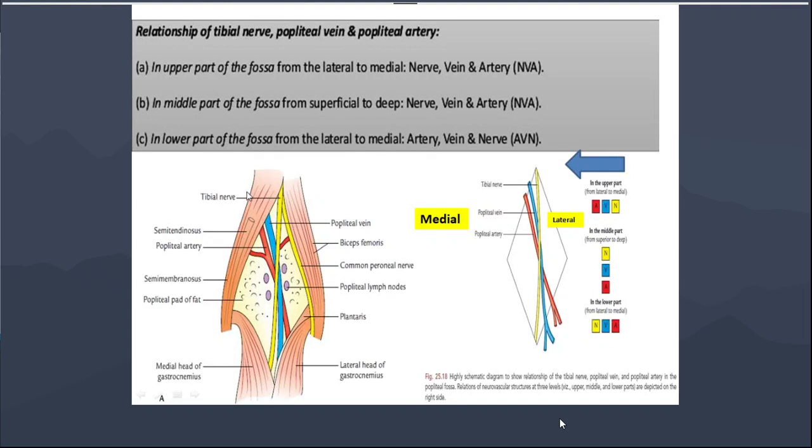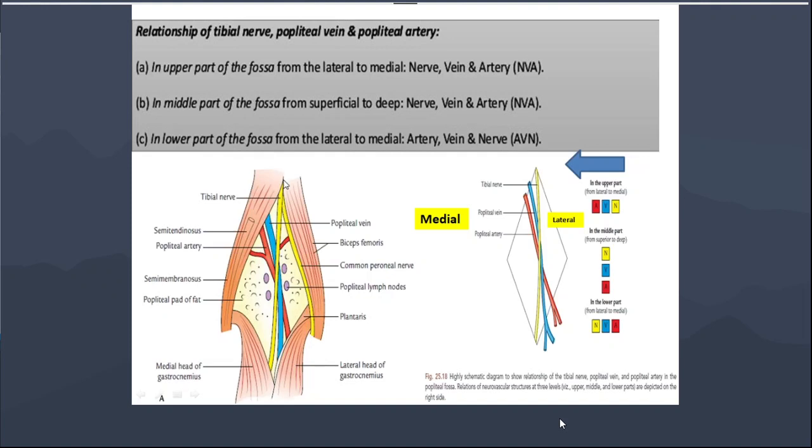Now you can see here. See, you can see the femoral artery in the femoral triangle. Then this femoral artery continues as the femoral artery again in the adductor canal also. And then when it leaves the adductor canal, it enters into the popliteal fossa, and that femoral artery continues as the popliteal artery. The femoral artery becomes the popliteal artery when it enters this popliteal fossa. Remember this much. Now you can see there is the popliteal vein.